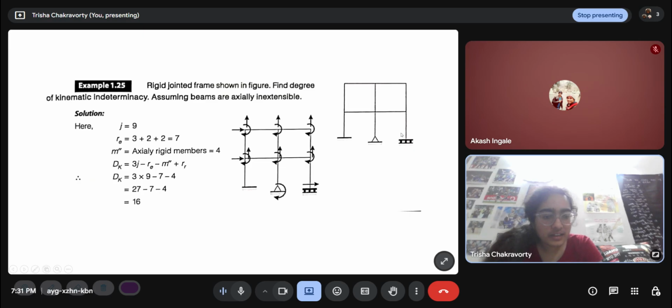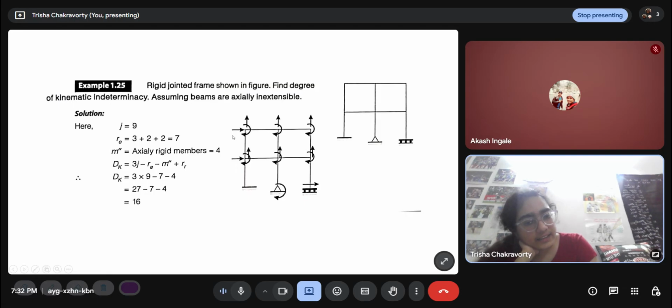And this support reaction, again I will reiterate, is an unusual support reaction that sometimes shows up. Since it has wheels, the vertical displacement is restrained, and since it is a roller, the horizontal movement is allowed. If it was a two-wheeled roller, the rotation would also be allowed, but since it has 3 wheels, the rotation is restrained. So it is like a hinge support. It also gives two restraints, but they are different: it restrains the vertical displacement and it restrains the moment. So we find 16.